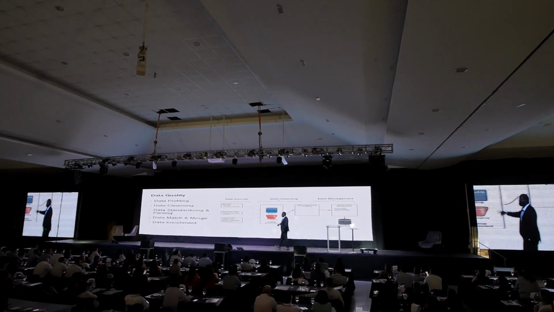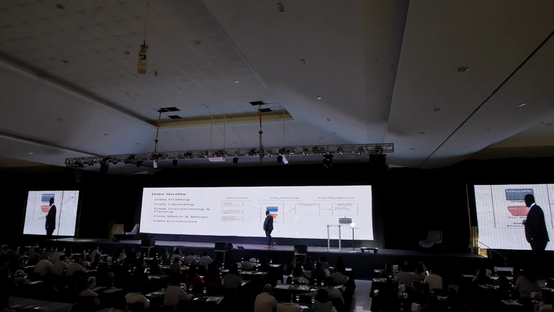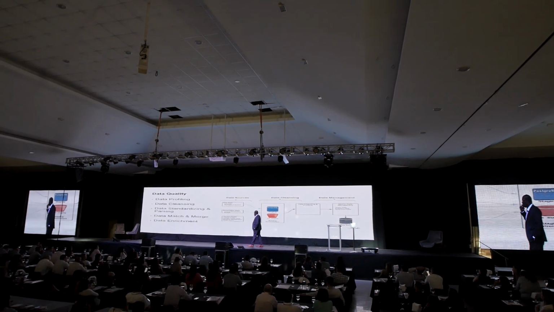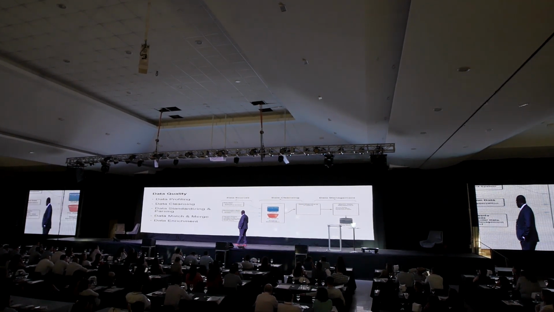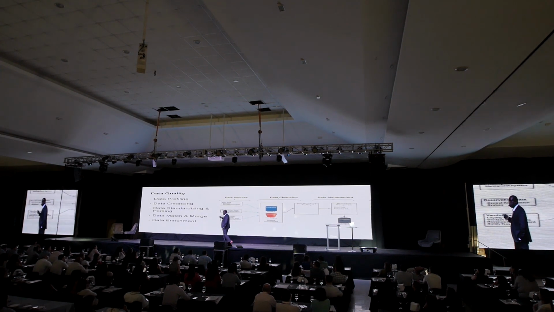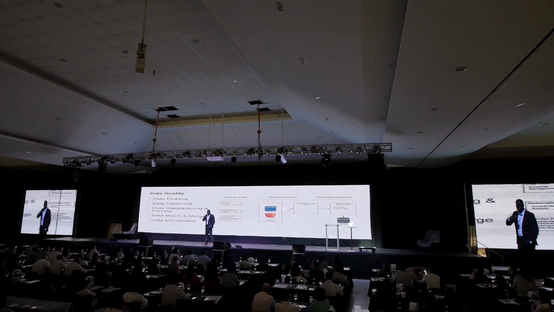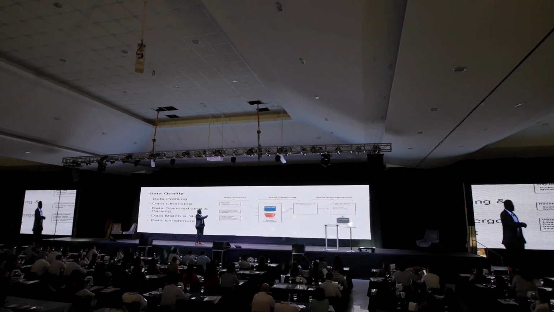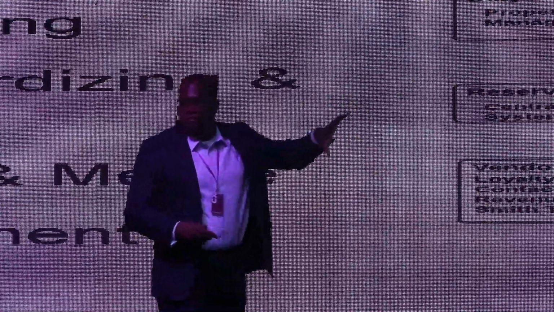And then I have vendor feeds. These vendors could be my contact center, my loyalty provider, Smith Travel, which is an external vendor that gives us data about comp sets. So I take all these data sources and I put them into some type of staging environment. And basically here what I'm doing is I'm staging the data.